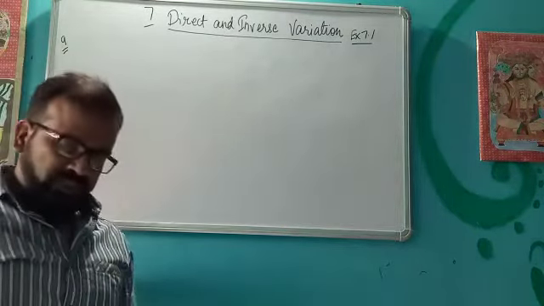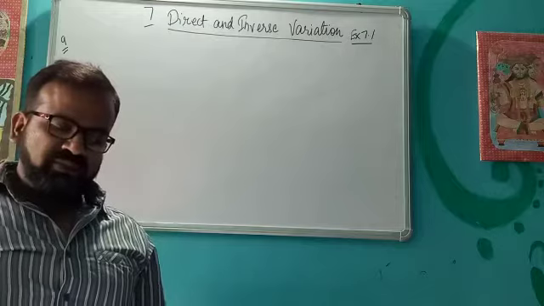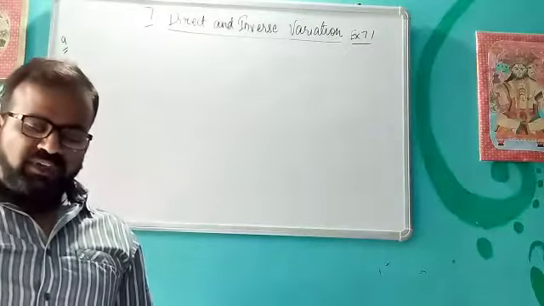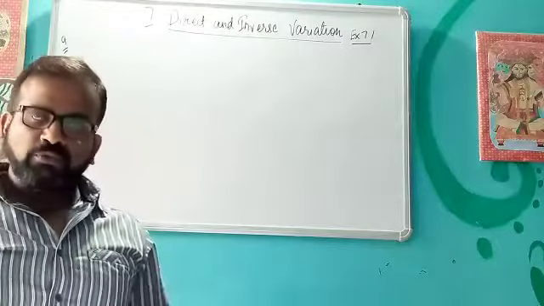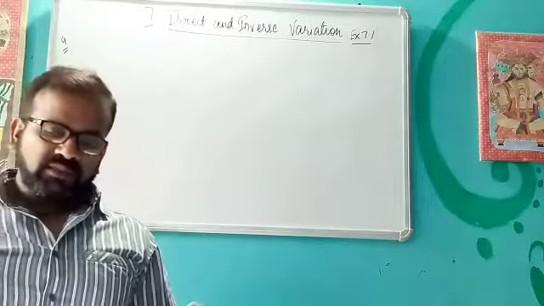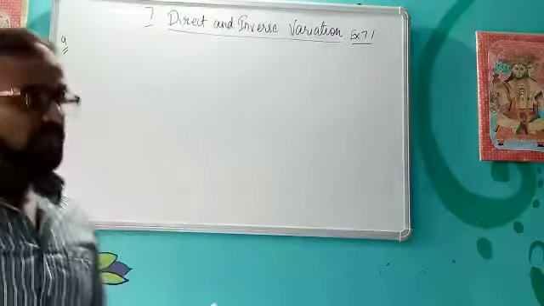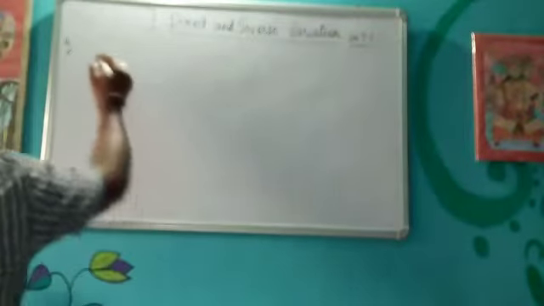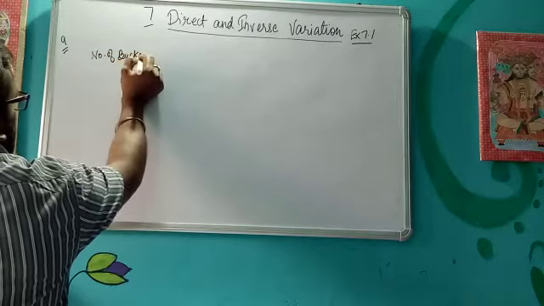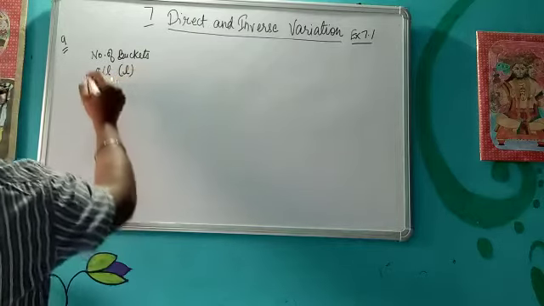Okay, let's see question number 9. So in this, 22 buckets of same size can hold 121 liters of oil. How many buckets of same type are required to store 605 liters of oil? So in this, our variables will be number of buckets and the quantity of oil, that is in terms of liters. So let's make it number of buckets first variable, then oil, it is in terms of liter.